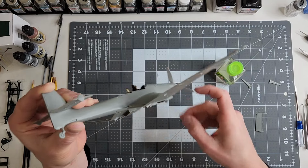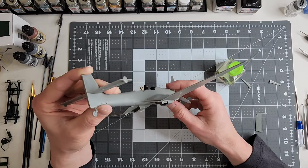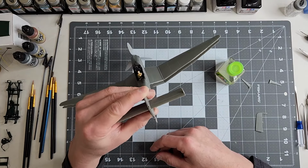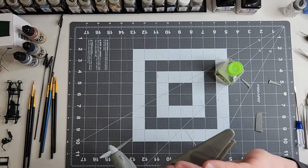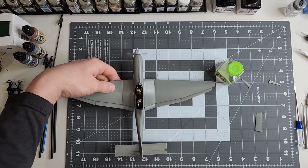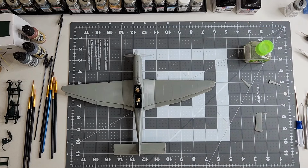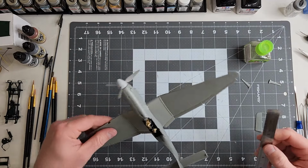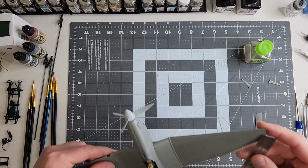Turn my prop before I break it again. Or not, I didn't break it before. Turn it again before I break it, is what I meant to say. Alright, so I'm just going to put it down here for a sec. Let's put this glue off to the side. I'm going to do some measuring from wingtip to tail tip and see if I can...